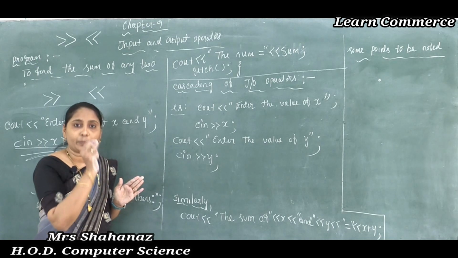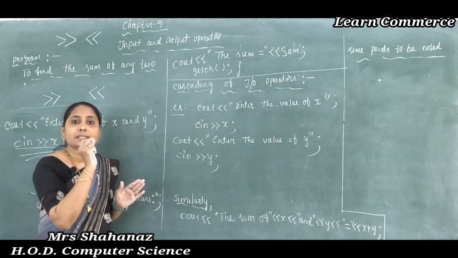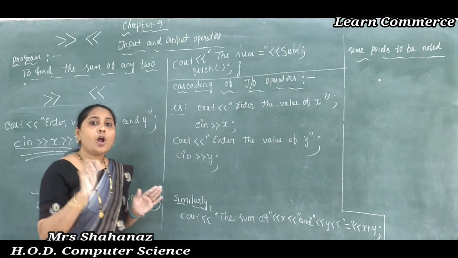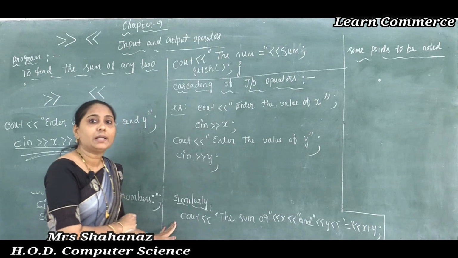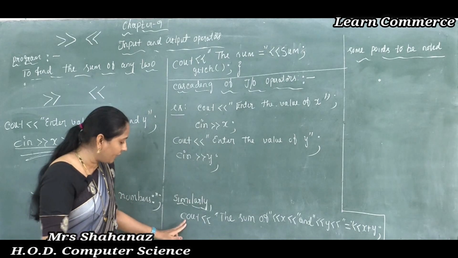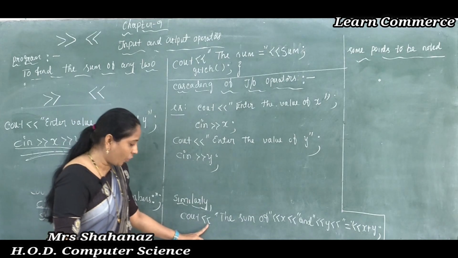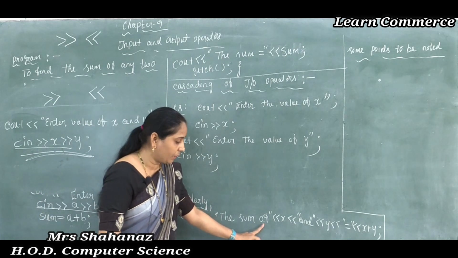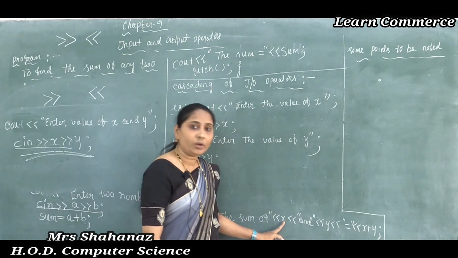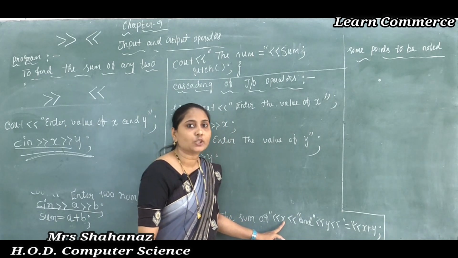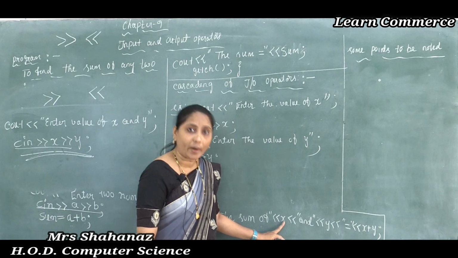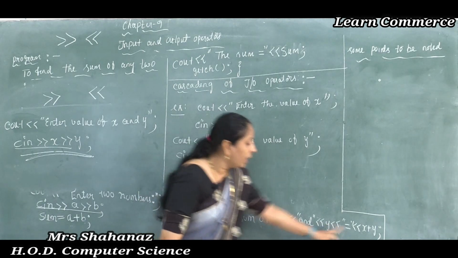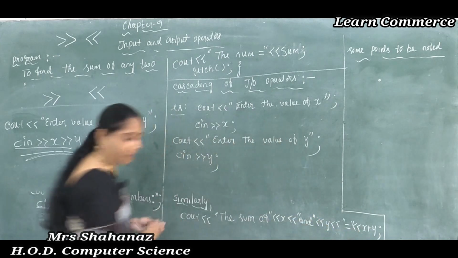So that means we can say that using the single cout statement or by using the multiple stream insertion operator we can write multiple output results here. So we can write cout, use the operator, opening of the double quotation, the sum of, closing of the double quotation, and then here no double quotation is there for the x, then whatever value we are providing to the x, such value is going to display, okay here, and y later x plus y. How is it going to display the output?